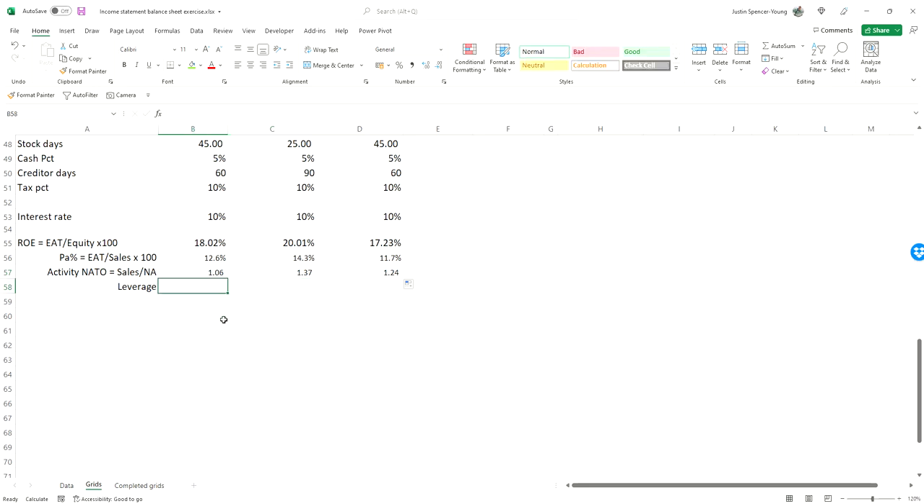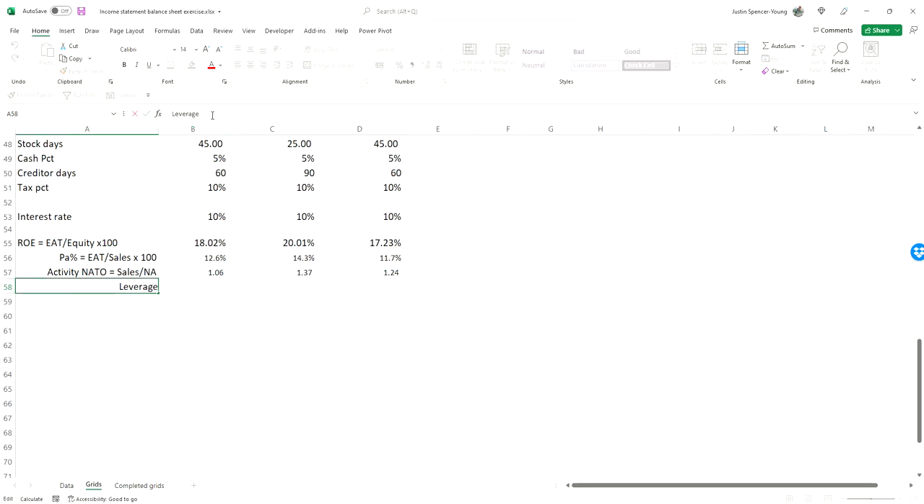Cool. Let's look at leverage. So leverage here is effectively how much debt you have in the business. And when I look at leverage, I'm only looking at the capital structure. I'm not interested in overdraft. I'm not interested in money we owe our suppliers. I'm only interested in long-term interest-bearing debt and how that drives